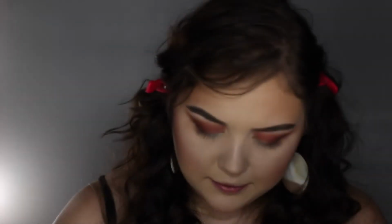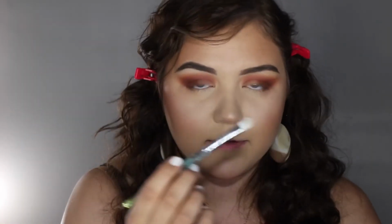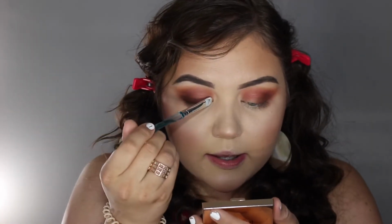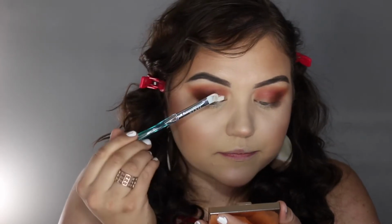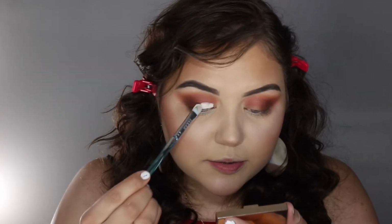So I'm just gonna put a little bit on my palette. This is a 10F concealer brush. I'm gonna pick the product up and I'm gonna coat my brush, so you know there's gonna be a lot of product on there. Okay, so we're gonna do a half cut crease. I'm gonna lay the concealer close to my lash line first, and I'm gonna put a little extra product on there,